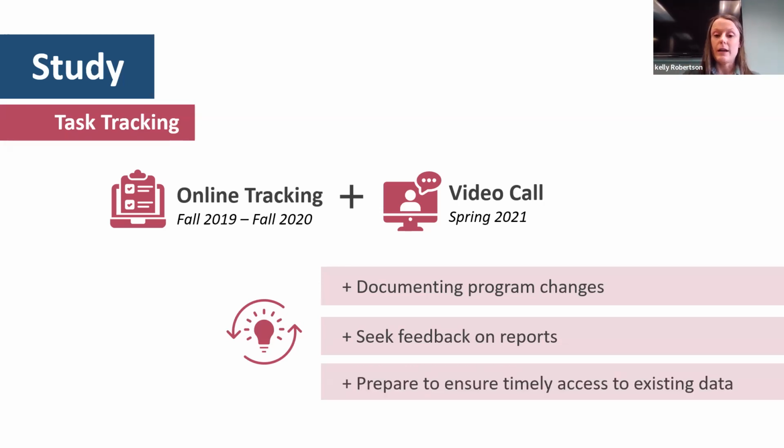We also added an item about ensuring the preparation needed to ensure timely access to existing data. The ATE program stands for Advanced Technological Education, and usually these projects are implemented at 2-year universities. Often they consist of implementing degree programs or creating courses to get people interested in the field. And the outcome data that is often collected relates to course enrollment, course completion, or degree completion, things that need